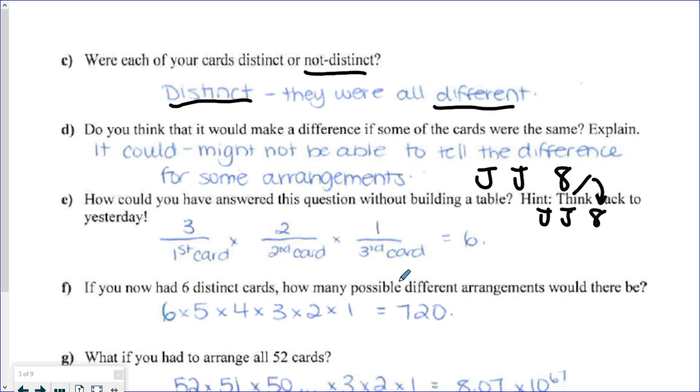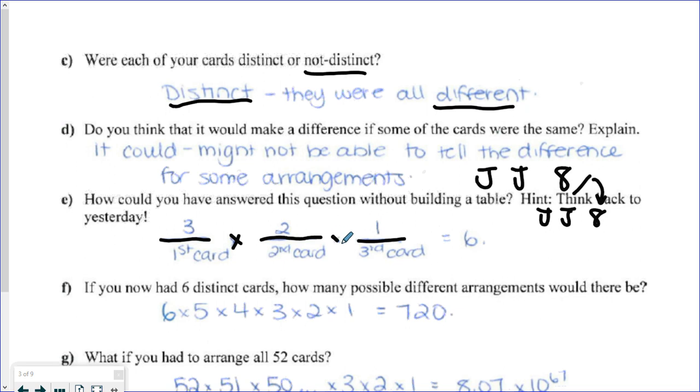So the next one is, how could you have answered this question without building a table or without moving the cards around like we had it before? And the hint that it gives you there is think back to yesterday, or last day, whenever you did it. So if we use our fundamental counting principle, we know that there are 3 different options for where the